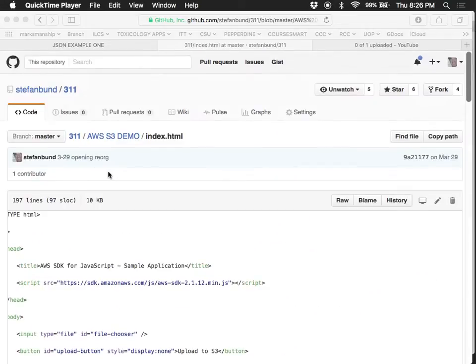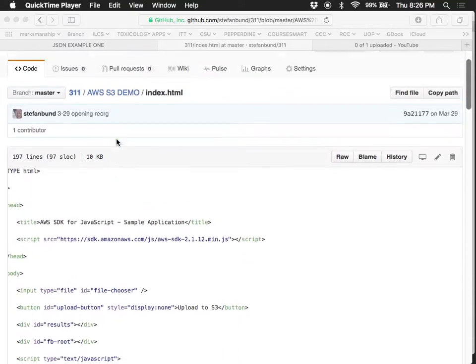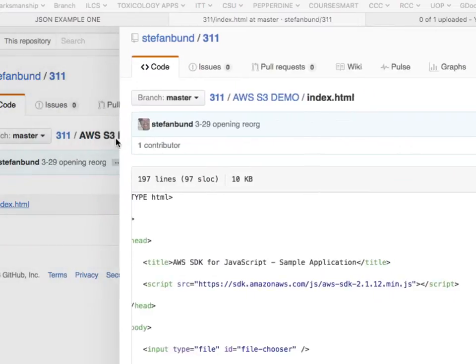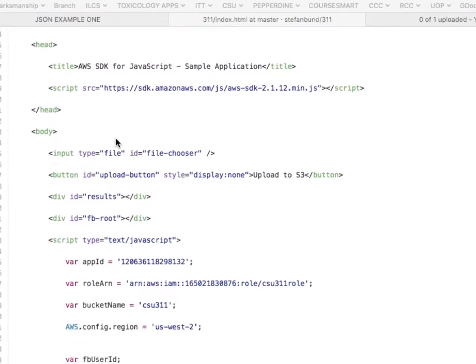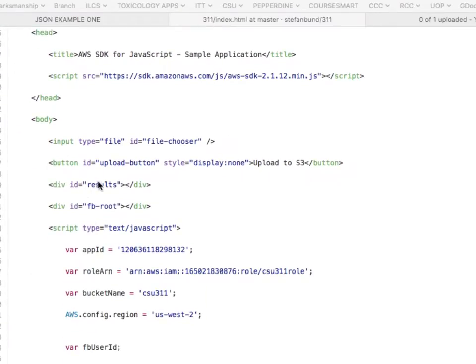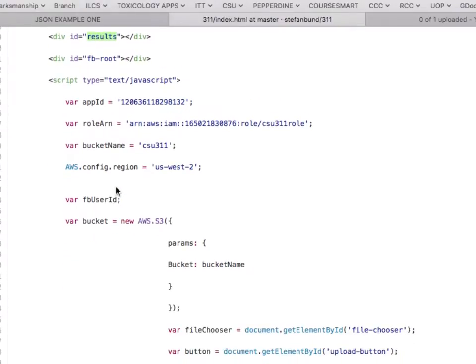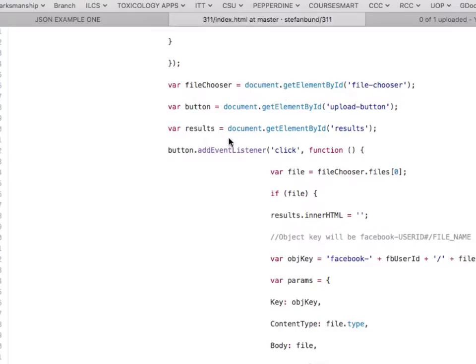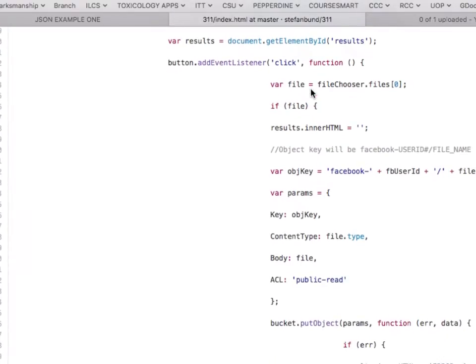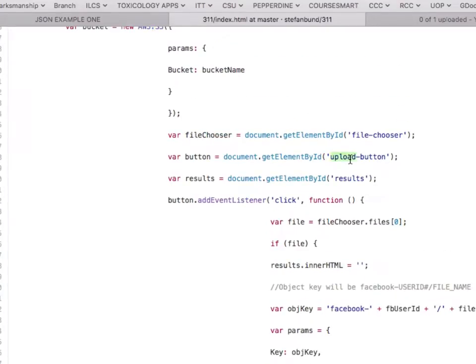And when I bring you back to your S3 demo inside of the cloud, here's what you guys did. You guys wrote a little bit of HTML. You had similar kind of IDs. You had your results div right here. And what's interesting is you made your new AWS3 object, and you did some uploads. You had your upload button, and then you had your results